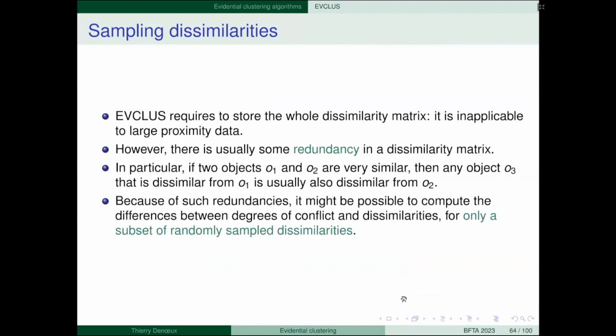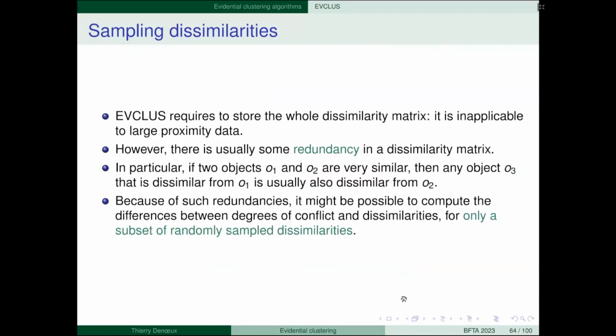So actually, you have a dissimilarity matrix, okay? But there is some redundancy in there. Because, for example, if 2 objects, say O1 and O2, are very similar, then any object O3 that is dissimilar from O1 is usually also dissimilar from O2.